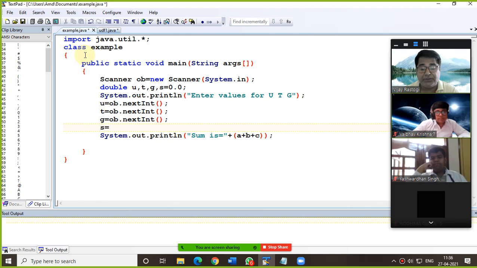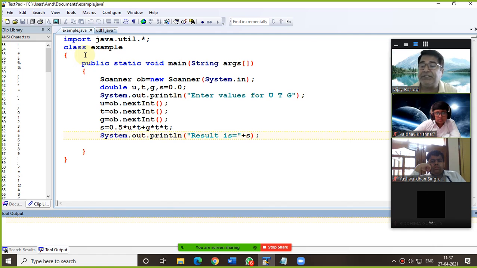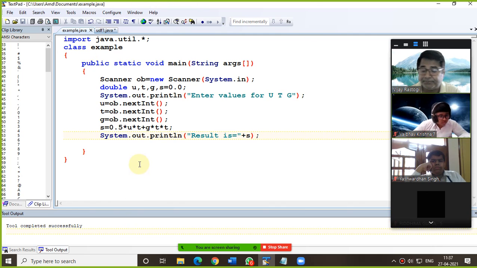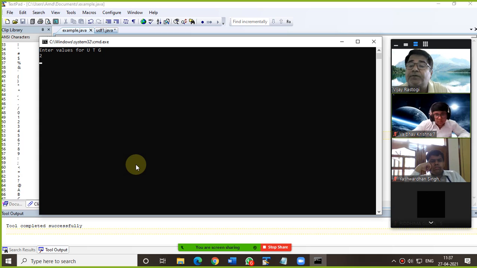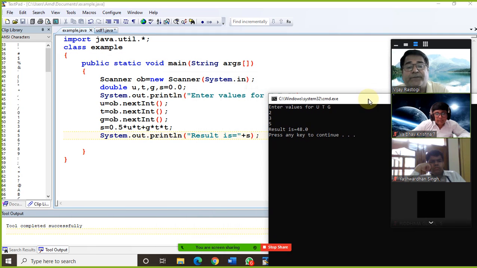After that S equals 0.5 into U into T plus G into T into T. Now we are supposed to print the result, like "result is". After that we will execute this program. Now the result is coming 48.0.